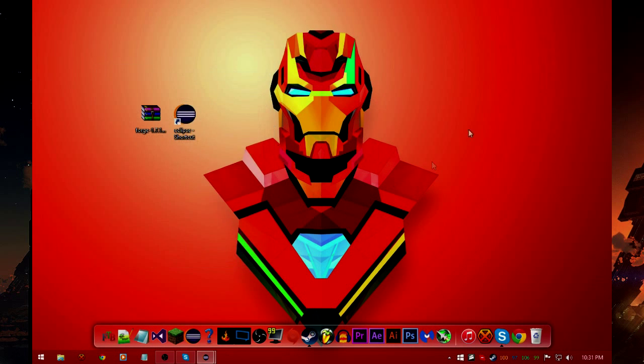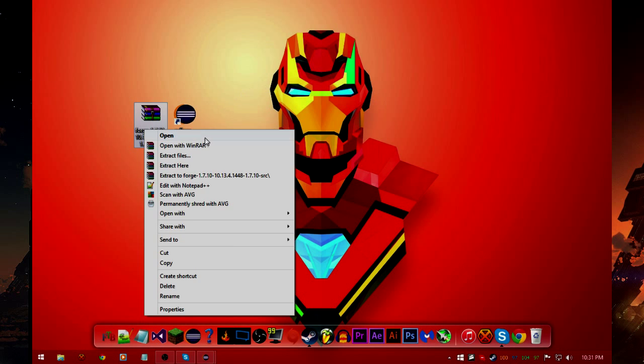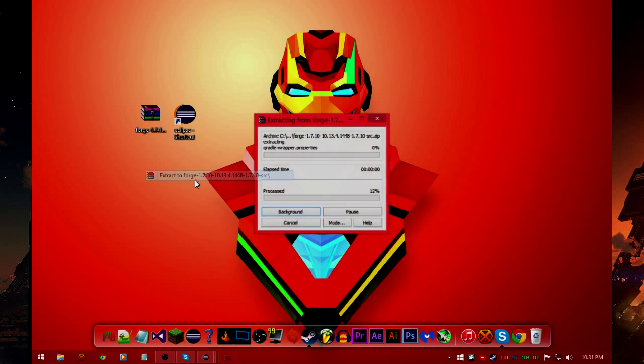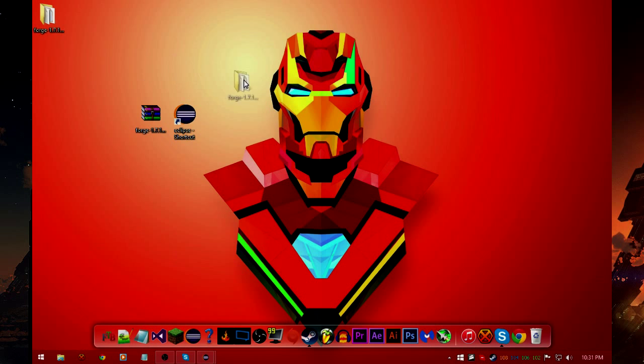And get rid of this. And you'll get this file right here. You want to open it up, or extract it with some program. I have WinRAR. You can use 7-zip, something like that, and you will get this folder. So you want to open this up,